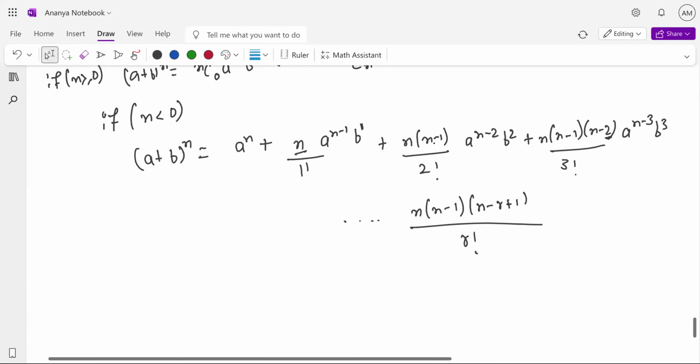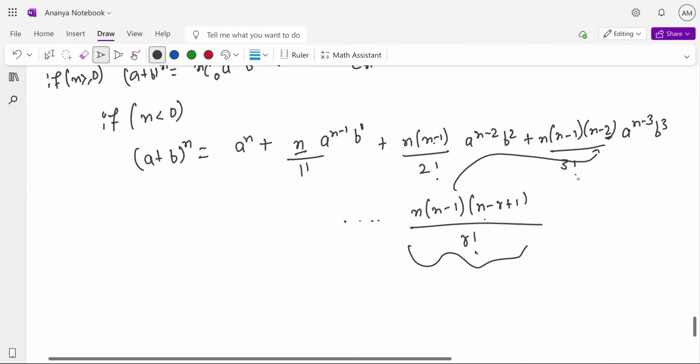Is this clear? Can you explain the last one once? Yeah, the n into n minus 1 into n minus r plus 1. Okay, this is the final formula you'll be getting. Basically, the same thing is applied here also, in all these places. So it's like the general term. Yeah, it's a general term. I'll get the general term out of it also. So what is the general term? You could have got the idea.